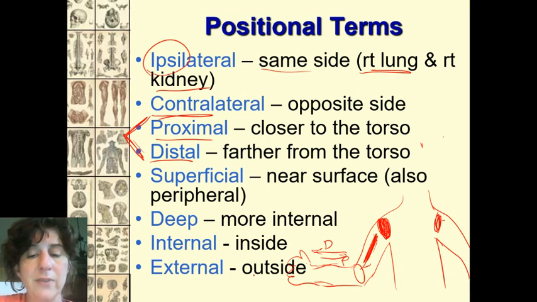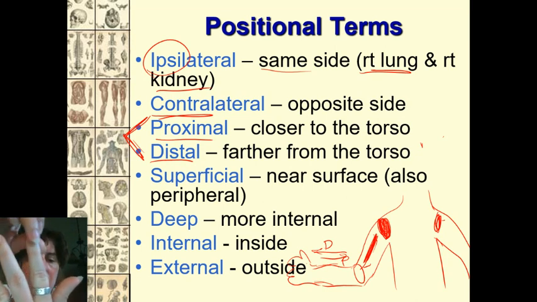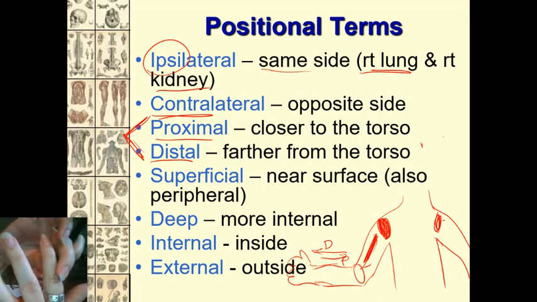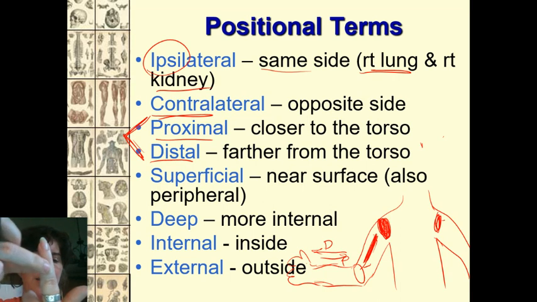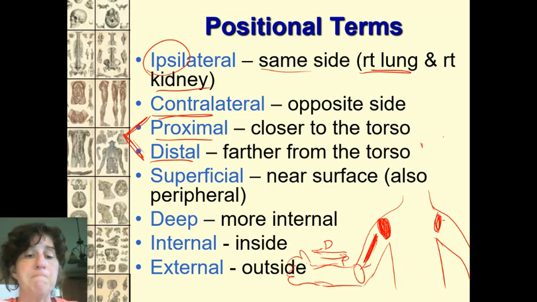I have bones in my fingers. When you look at your fingers, I have 1, 2, 3 bones right here. This little bone that bends right here is distal compared to either one of these two. But this one and this one are proximal of those 3, right? But again, this bone in the middle is proximal compared to this one, but it's distal compared to this one, right? So you really have to be careful how you're using those terms. It has to do with their positional relationship to each other.